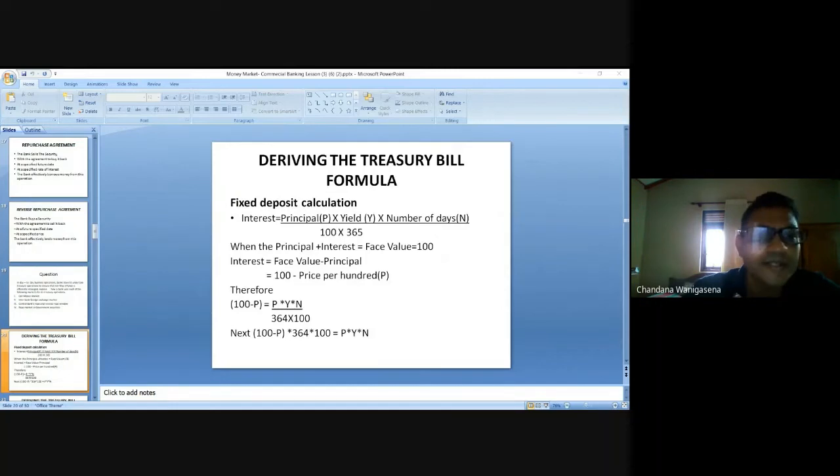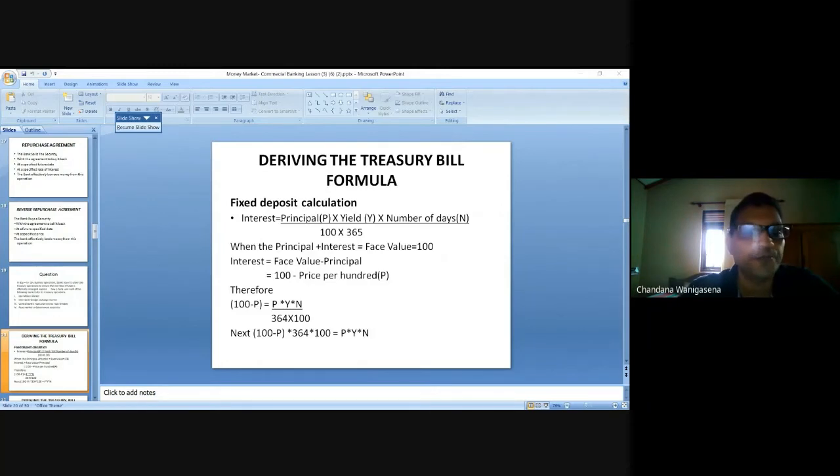But here, for treasury bills and treasury bonds, there is a very important concept that we learned in the video also. The principal plus the interest, we say it is the face value, and in treasury bills it is equal to 100 because there is zero coupon. So principal plus interest in a treasury bill, we call it face value, equals 100.